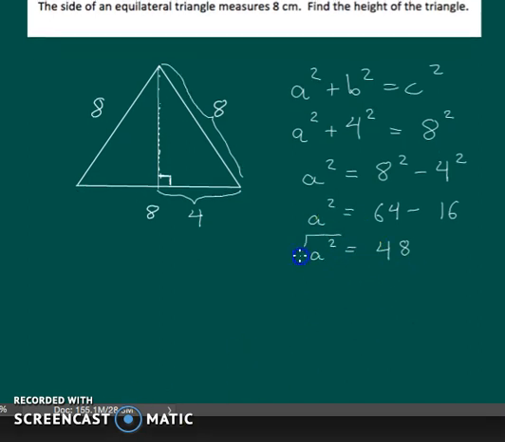And we will take the square root of both sides in order to find the value of a. Now, unfortunately, 48 is not a perfect square. 49 is, but 48 is not. So we cannot express it as a single integer. In fact, there is no way to express it exactly unless we leave it in this form: a equals square root of 48. But if you like, you can plug it into your calculator and get an approximation, which will be something like